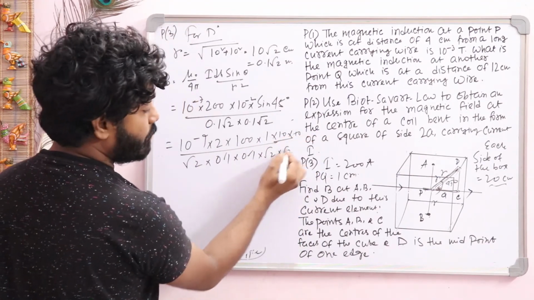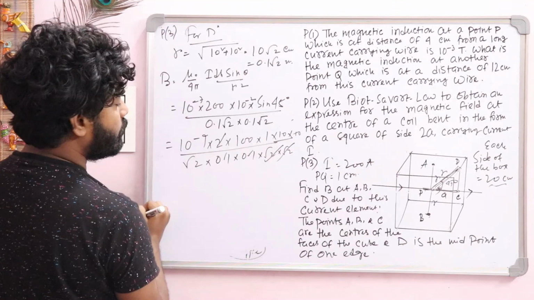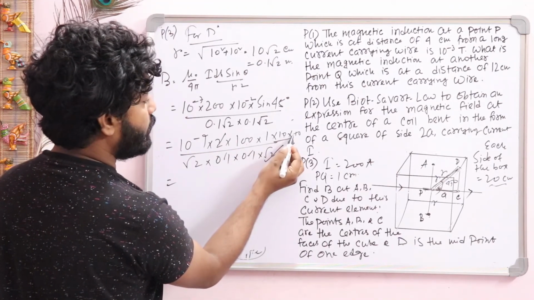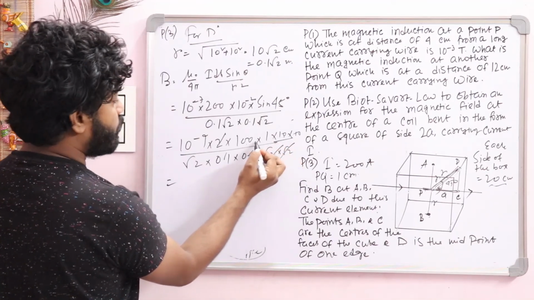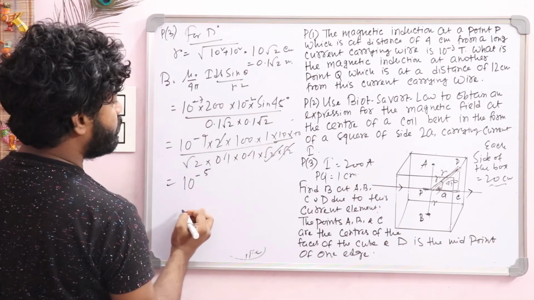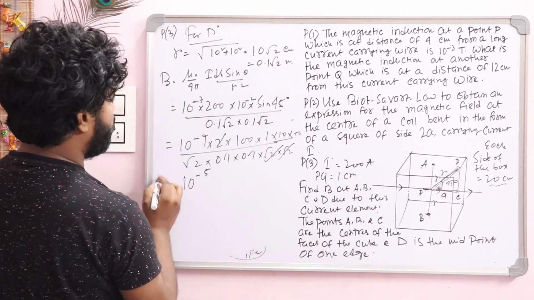Okay, root 2 into root 2 means 2, so this one is cancel out, and you see this one is 100, this one is 100, so 10 to the power plus 4, that is 10 to the power minus 9, so this one will be 10 to the power minus 5, and there is value 1 by